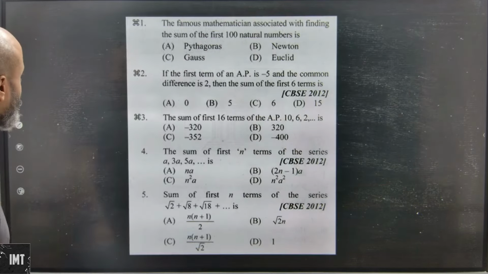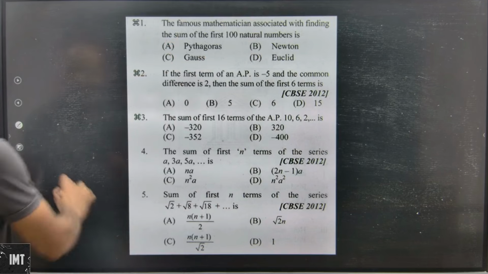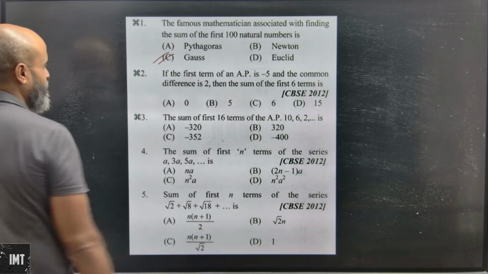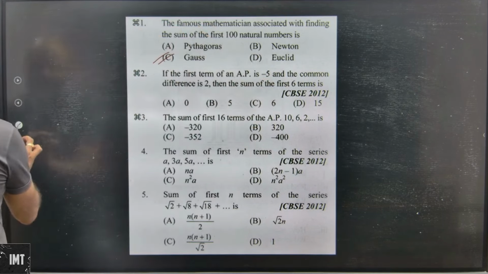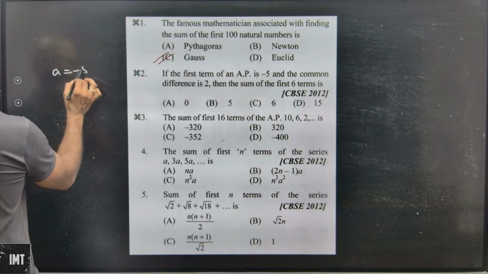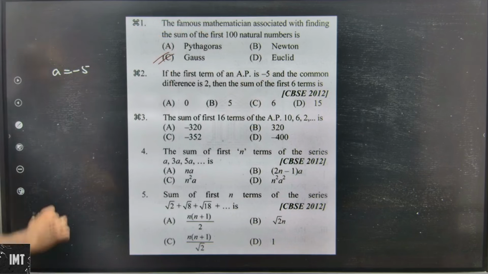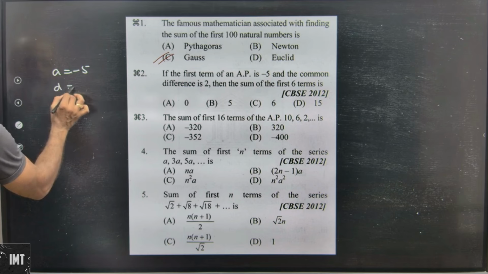Okay, let's move on, people. The famous mathematician associated with finding the sum of an AP. This is not known to me. However, I'm just guessing it might be Gauss. If the first term of an AP, A is minus 5, and the common difference D is 2,